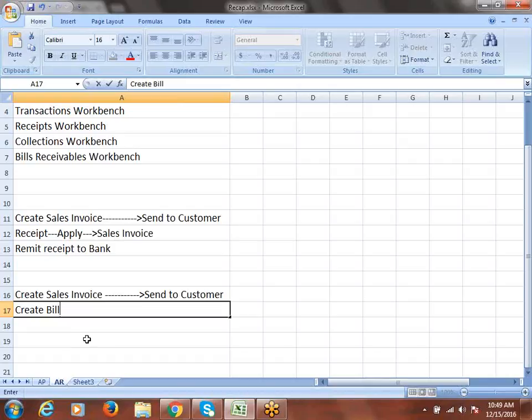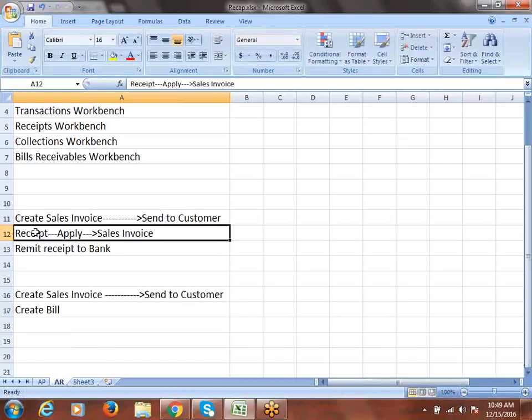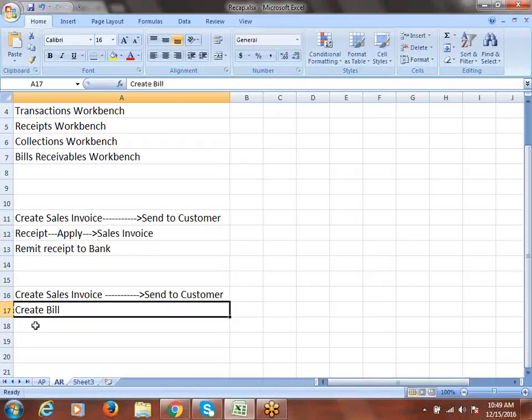So in the same way, when you get a check from the customer, you are recording the receipt. You are creating the receipt, you are applying it also, but you are not getting the check now. In case of bills receivable, what happens? You will be getting the bill. How will you be getting the bill? When you are going to get a bill from your customer, think: